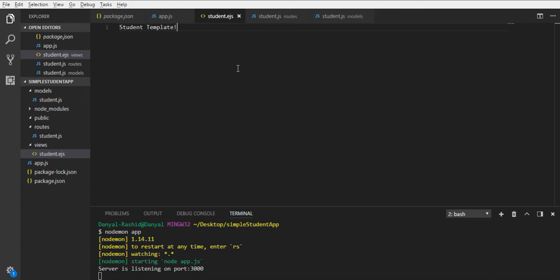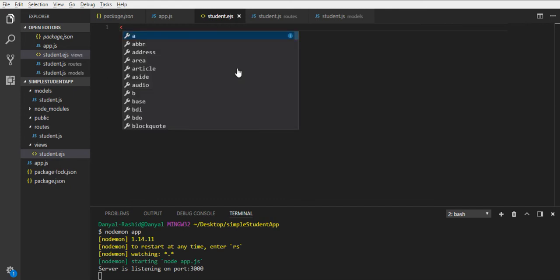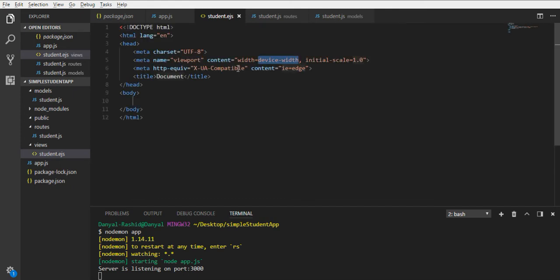Oh, let's create a template for our student. So we will create a simple